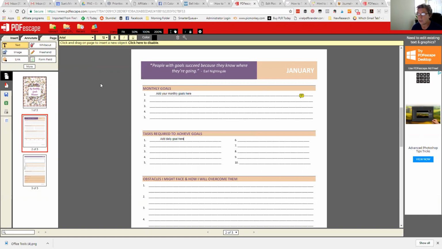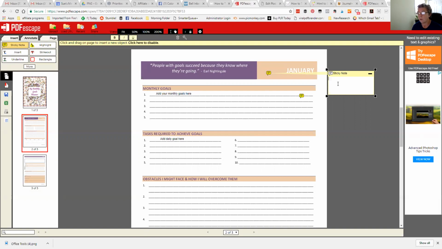Now, another neat feature that I really like in here is if we go to the annotate window, and then we can do the sticky notes. So you click on sticky notes and then just click wherever you want to put it on your document, and then this window opens up. So now this is great for either adding notes to yourself or instructions. I'm thinking it can be really, really useful to add instructions for your customers. Notes on either how to fill in a form,